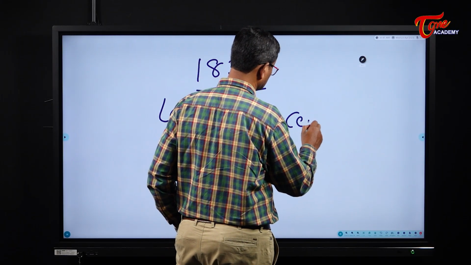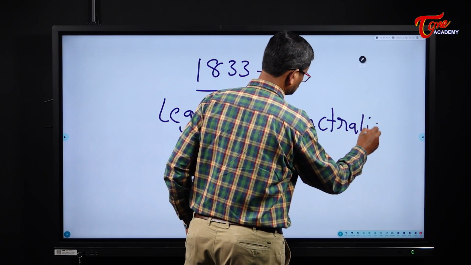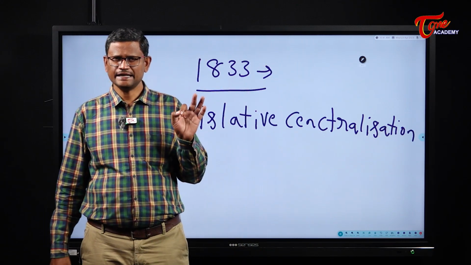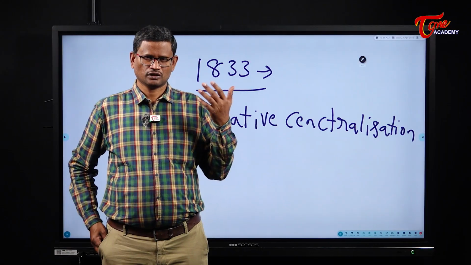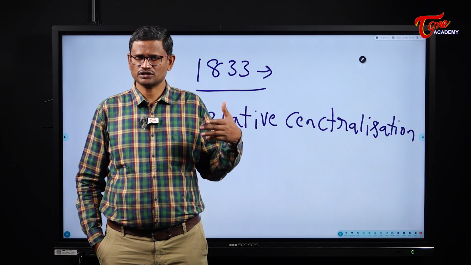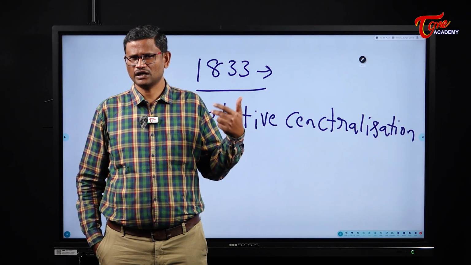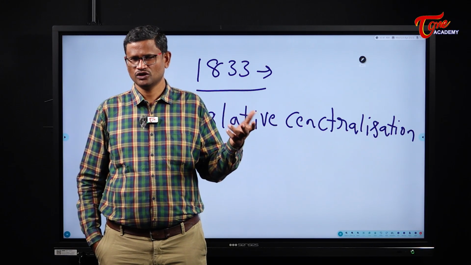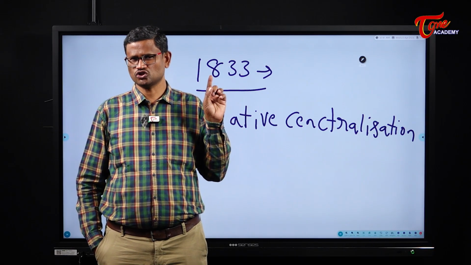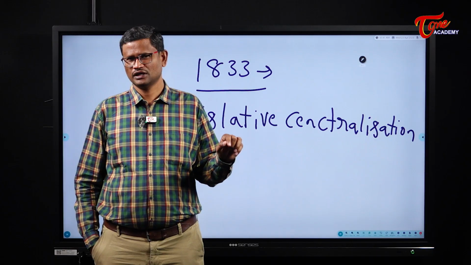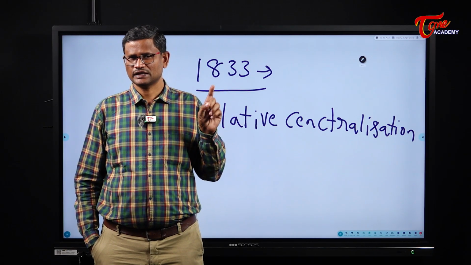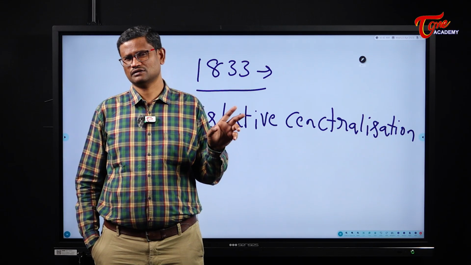Legislative centralization. So which means till 1833, Madras and Bombay provinces were making laws for themselves. Bengal was making laws for itself. So the law making powers were with the respective provinces. But the Charter Act of 1833 centralized the law making powers, which means the Governor General of Bengal